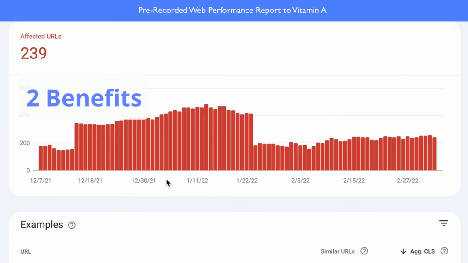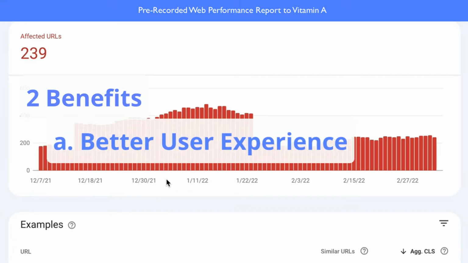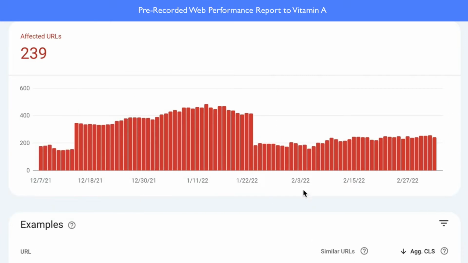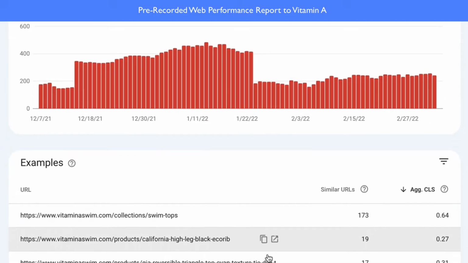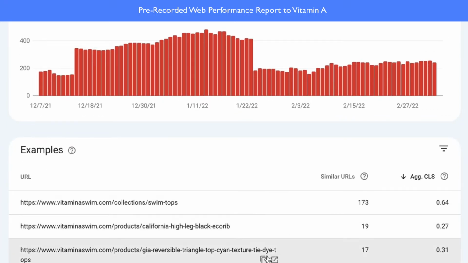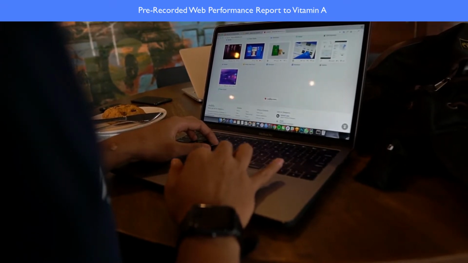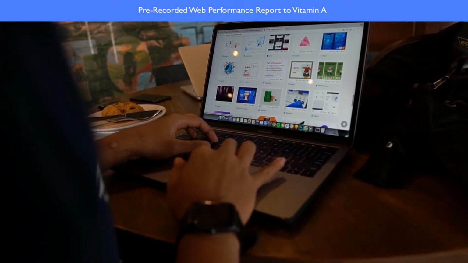So again, there's two benefits we're really aiming for with web performance: a better user experience, and then the site ranking benefit from Google, in that order. CLS being kind of one of the least important metrics, but unfortunately still can sometimes hold us back and be tricky. There is a balancing act here though, because you could change up the design of the site to just try to tweak these pages into the green